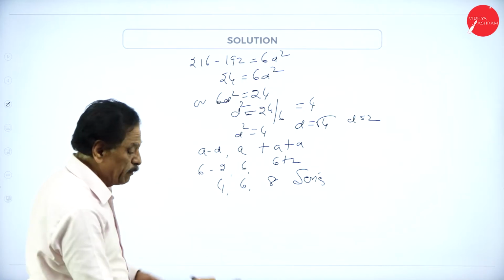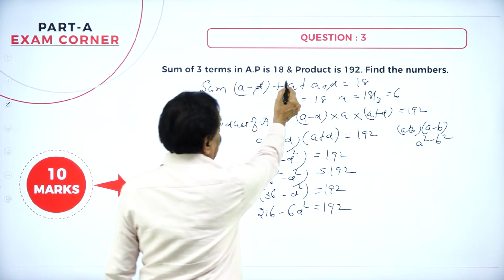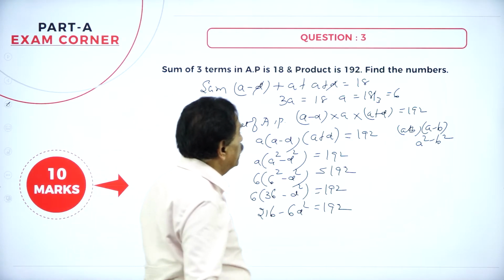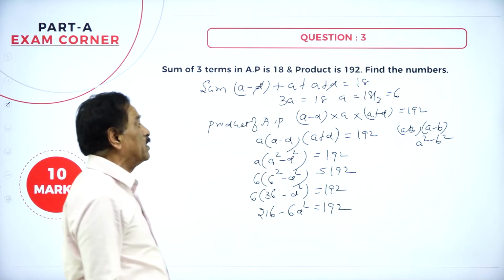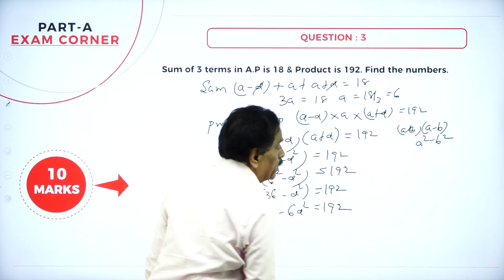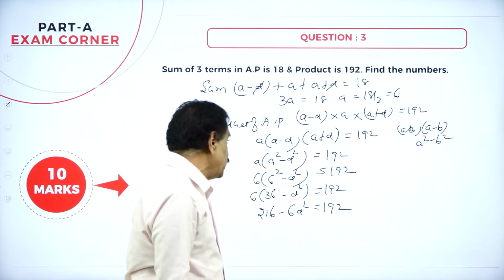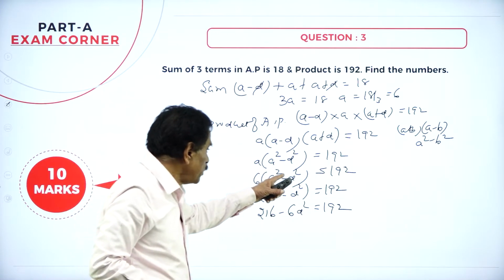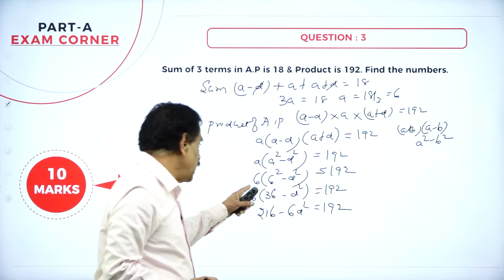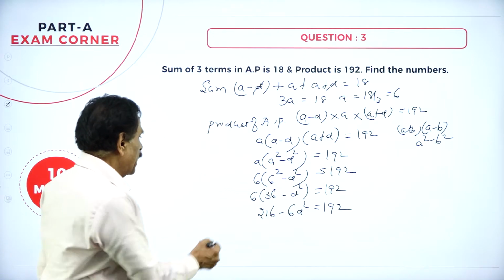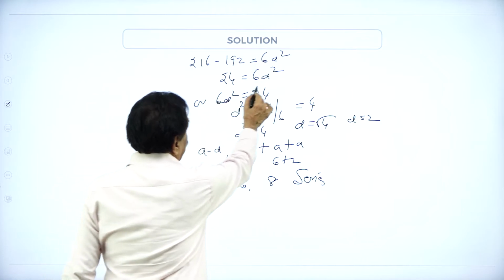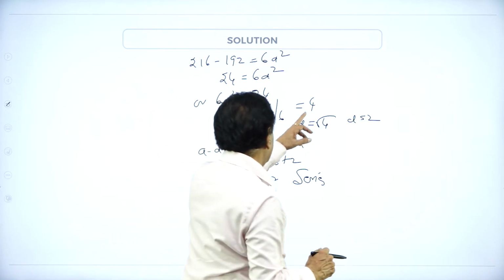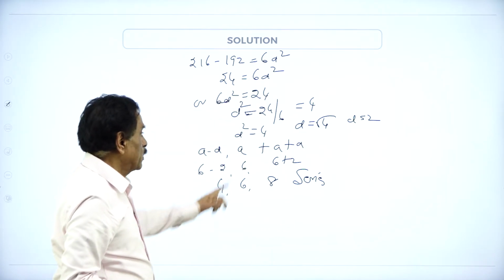So, sum of the three terms of AP is A minus D plus A plus D is equal to 18, 3A is equal to 18, A is equal to 18 divided by 3 is equal to 6. Product of AP, A minus D into A plus D is 192, A square minus D square is 192, A is 6. Then 24 is 6D square, or 6D square is equal to 24, D square is equal to 24 divided by 6 is 4, D square is equal to 4, D is equal to root of 4